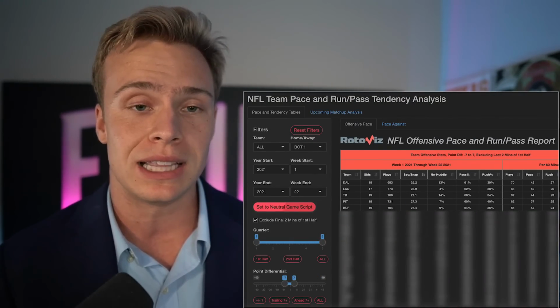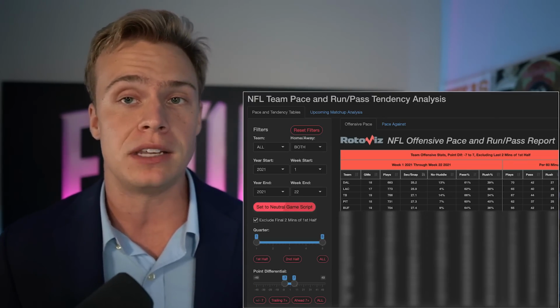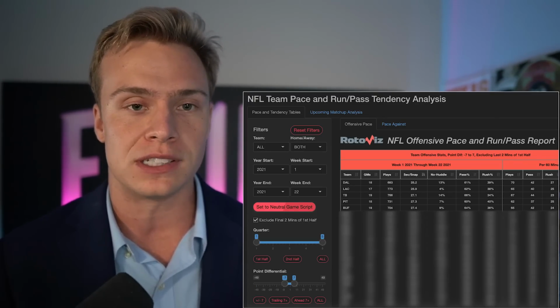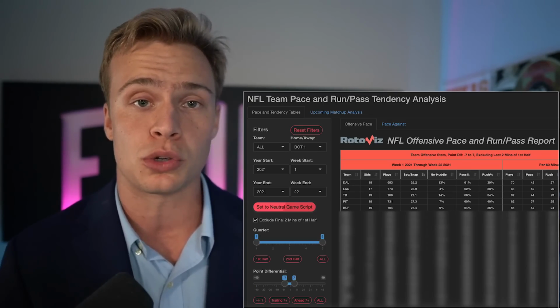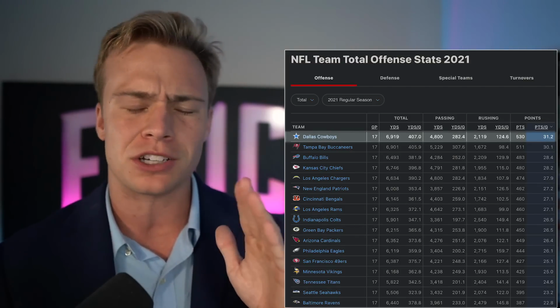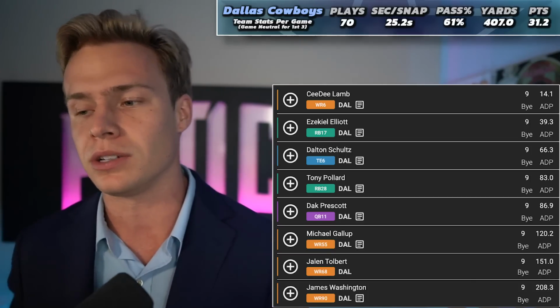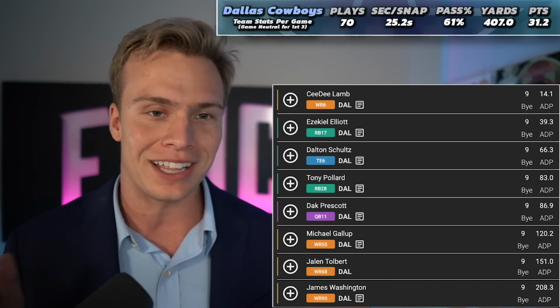Not only do they have the elite level quarterbacks, but they support a ton of options in fantasy football. If we just go through these offenses, we see the Dallas Cowboys leading the NFL in pace of play in game neutral environments. Who scored the most points this year? Dallas. Now, a lot of this production was spread out between Cedric Wilson, Michael Gallup, Amari Cooper, CeeDee Lamb, Dalton Schultz, Ezekiel Elliott, Tony Pollard.